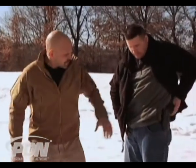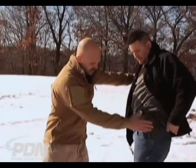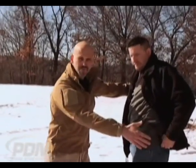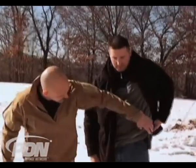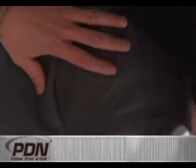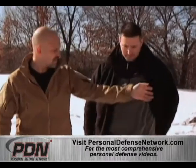In fact, Mike today has, instead of something like an inside the waistband, a regular strong side hip holster. Let's take a look at that, Mike. Now, we can see, if Mike turns to face the camera, that this gives us a relatively large profile out to the side. And if you'll turn this way, you can see that if he was just wearing a t-shirt and it were untucked, if he even maybe just had this layer and didn't have the outer layer, that might be something that prints, in other words, shows the outline of the firearm much more easily than it does under